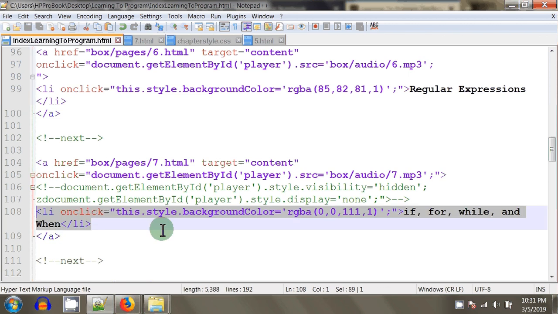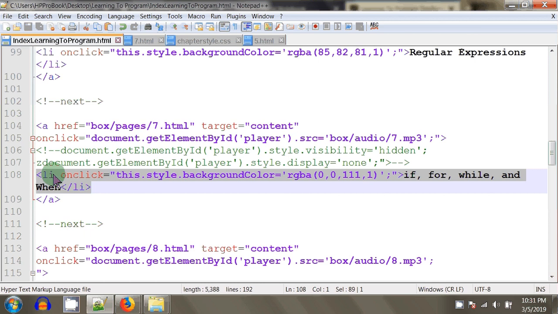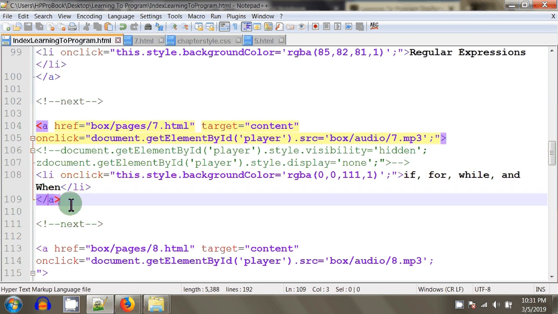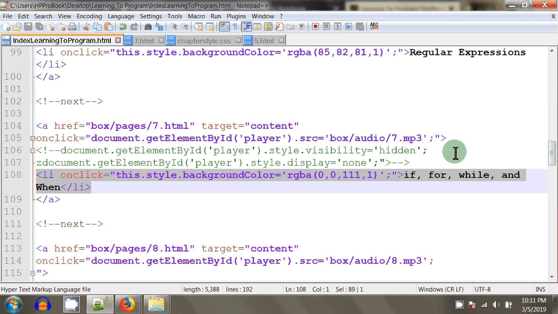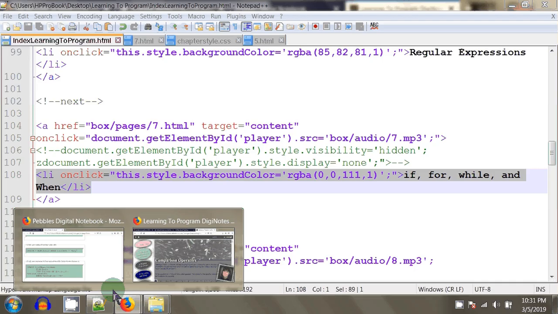And then the closing anchor tag. Anything that you put inside of an anchor tag makes it clickable as well. The anchor tag by itself, you would put words that you wanted the user to click on. That would make it a link. Well, in this case, I used a list item, I gave it a background color, and I also styled it with CSS so that it would have this oval shape,